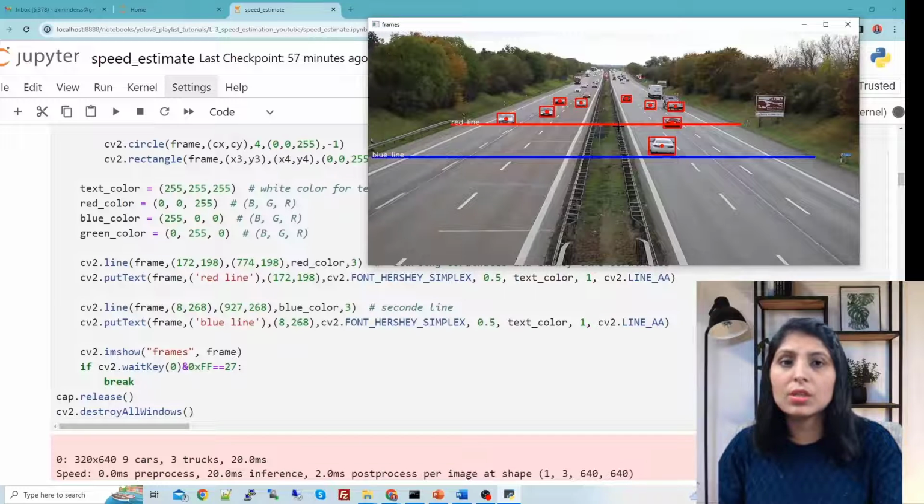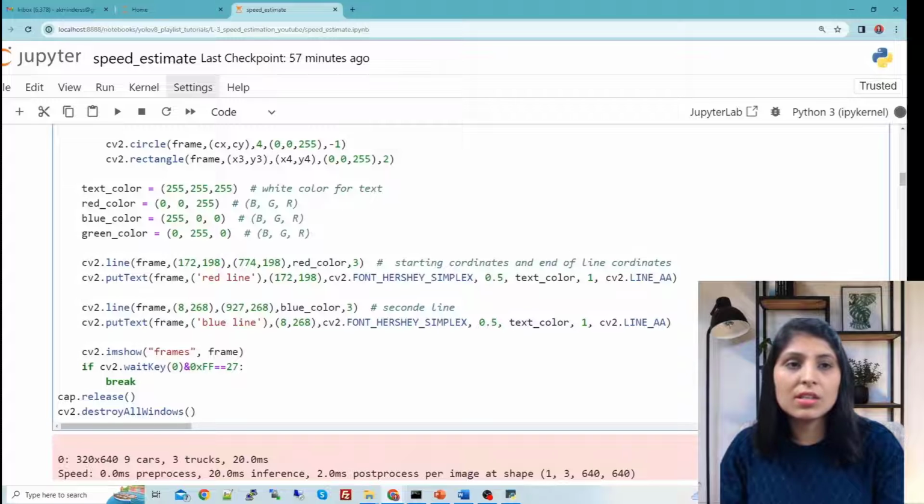We only want to detect the vehicles which touch the red line. Okay, so we will write a condition now. So the condition is,